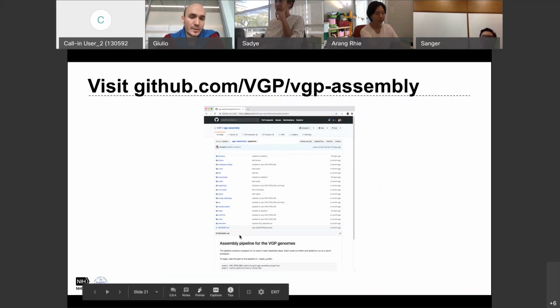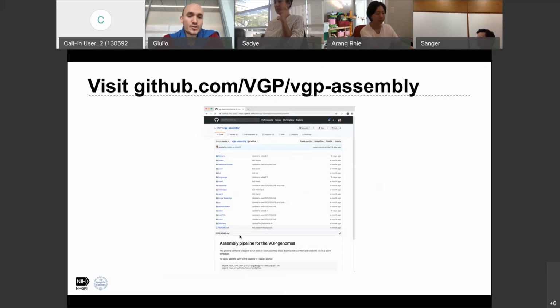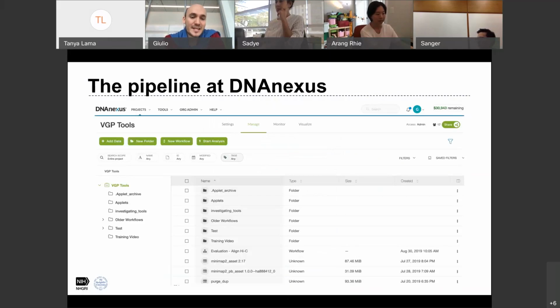If you're working on this SLURM, that's pretty straightforward to use, assuming you're familiar with that. But as I said, most of the people will now use the pipeline on DNA Nexus, which has this command line, this web interface, which is much more practical. So you can drag and drop files, you can run everything from there. I know some people already got familiar with that, but I'm trying to make sure that everybody who is listening or will be listening to this video in the future will be able to start from scratch without any prior